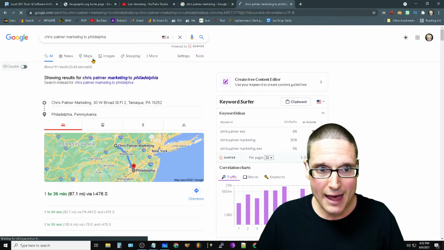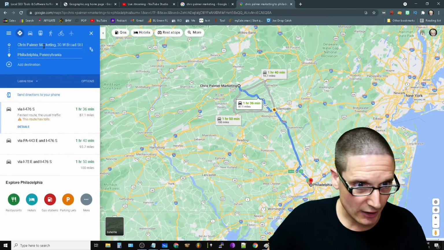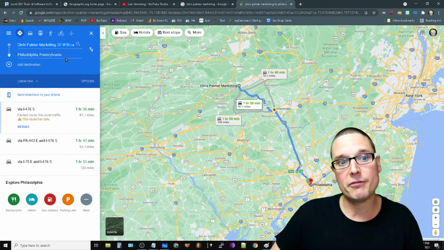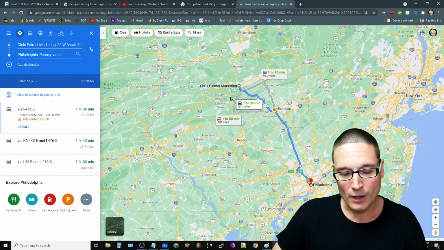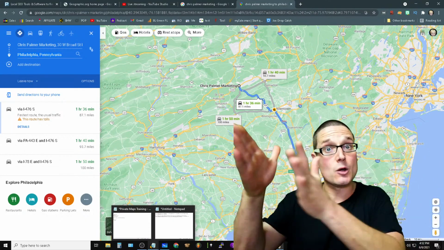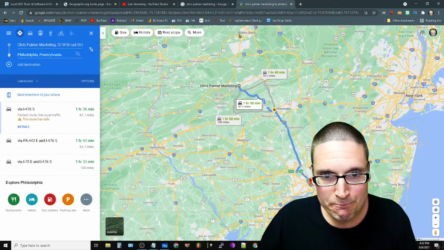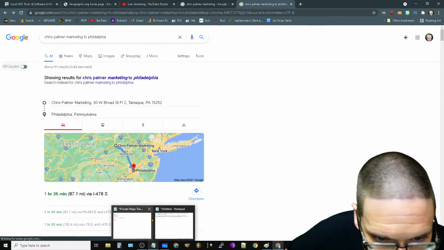And then there's a big difference. If I come over here to maps, it changes. Well, the URL parameters change. So let's take a look here. So it's Chris Palmer Marketing to Philadelphia, Pennsylvania. All right. So those are the differences between map directions and organic directions. Big difference, right? So let's go back to